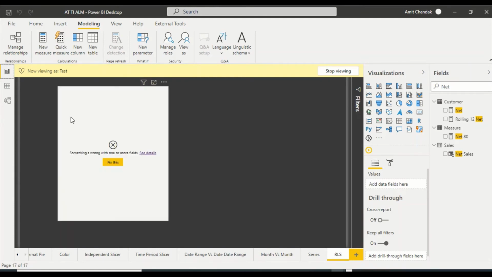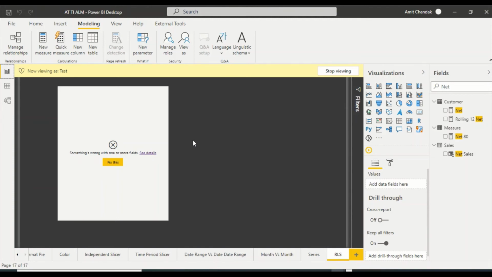and I started seeing an error on this one. So basically what is happening is, because of the object level security, the object is secured, so I am not able to see that object right now, and because of that I am not able to see this visual. Now this is very important when you have a financial kind of report and you have this financial table which, you think, even by mistake should not be shared with someone, and everywhere this visual is being shared, it should be removed from the user. So this is the way you can actually secure the object.